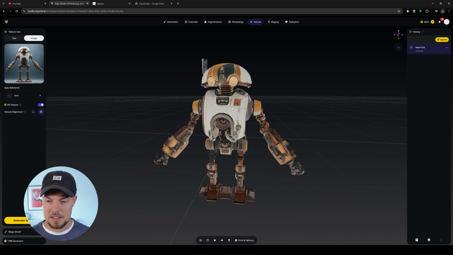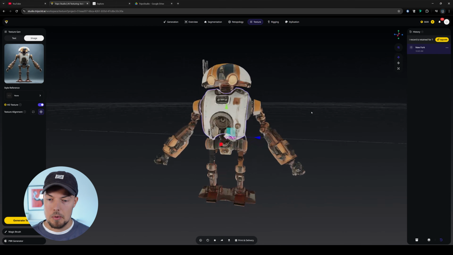One additional method that is very powerful in the texturing mode is that once we separated our model into those segmented parts, we can choose specific parts that we just want to retexture while keeping the original texture alive for the other parts. If I want to change, for example, the body part here on the main part, what I can do is